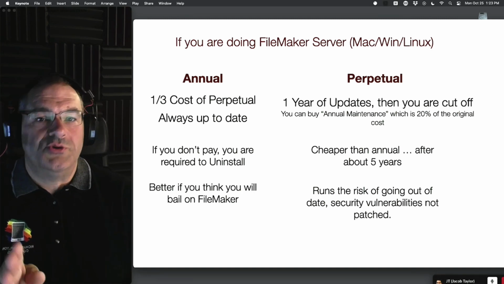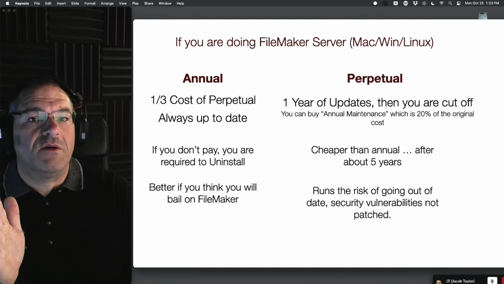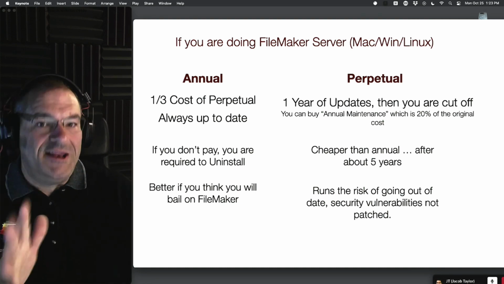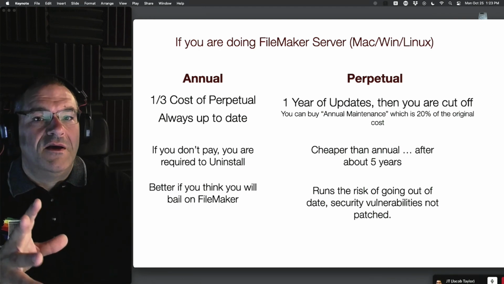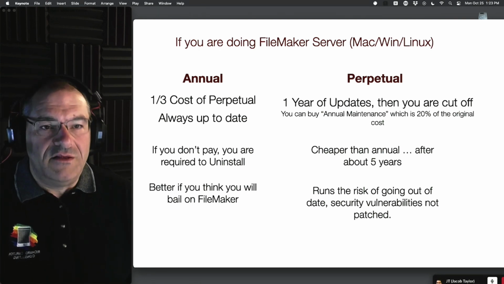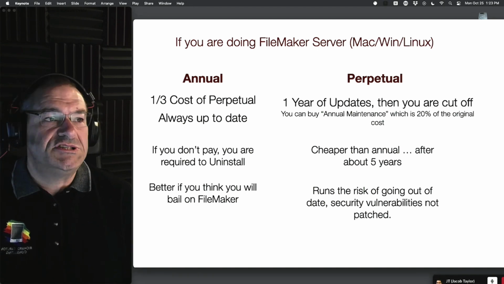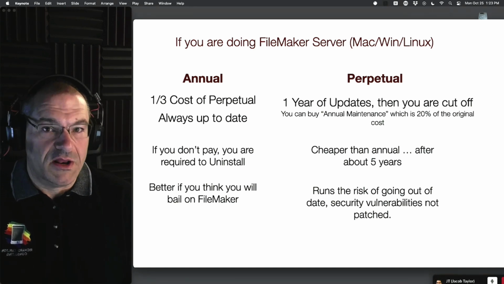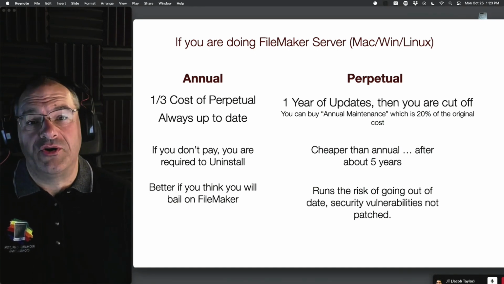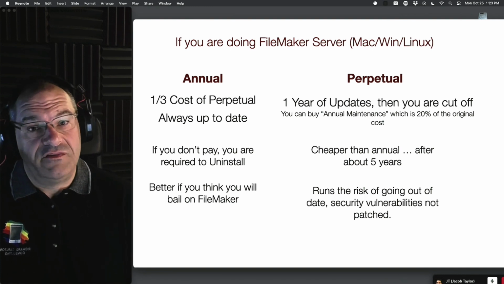When you buy perpetual, you get 1 year of free updates. So you get all the updates that come for a year. After that, you don't get any updates, and so you kind of got yourself into a spot where you're not getting updates. I had the Department of Transportation in California contact me, and they said, we need you to work on our system. And I go, well, that's great. Well, we have a perpetual license. I said, I don't care what kind of license you have. We're using FileMaker 12. I said, I do care about that.